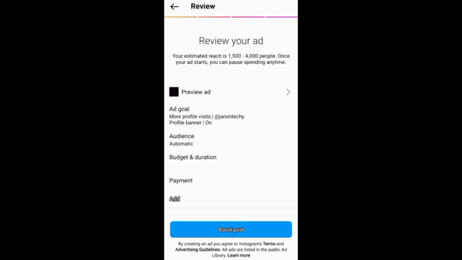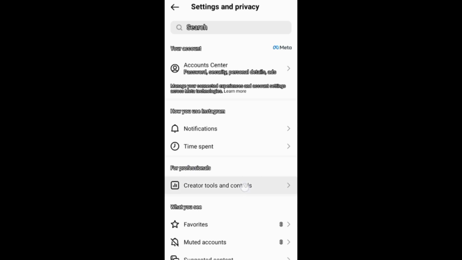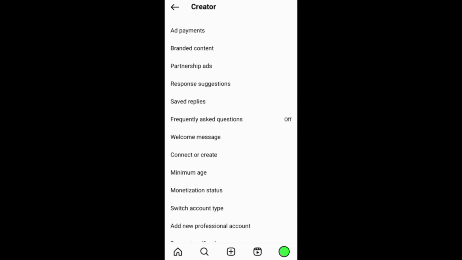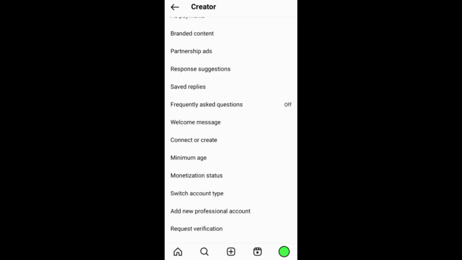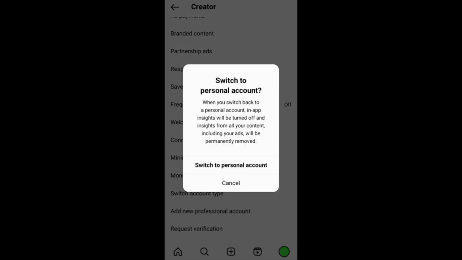And if you go to settings and privacy, then for professionals, you can make a lot of settings on creator tools and controls. And still under this section, you can also switch your professional account back to a personal account. And as you can see, when you switch your account back, the professional insights will be turned off and your